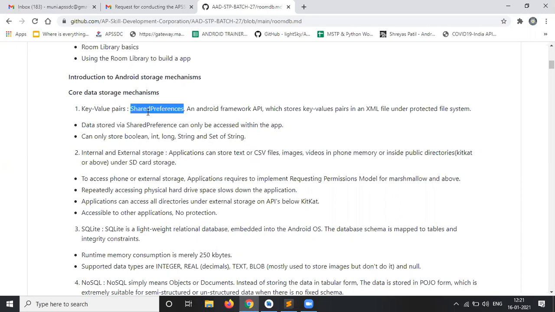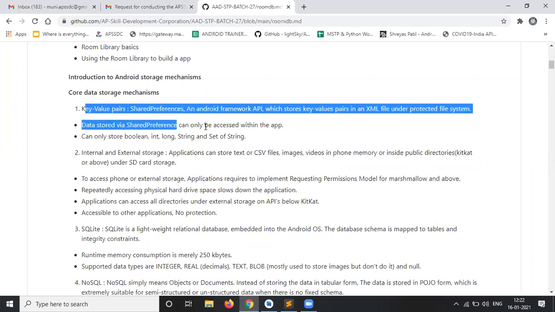So where will we use this shared preferences database? In our daily applications, at login time we use shared preferences. Also, in the settings there are some preferences like brightness preference, volume preference, vibration preference, and also tone preference. So based on the preference it will work. Right, so this is shared preferences.